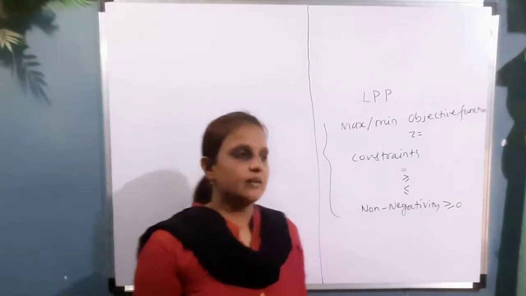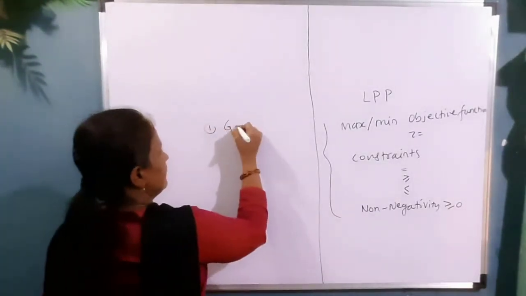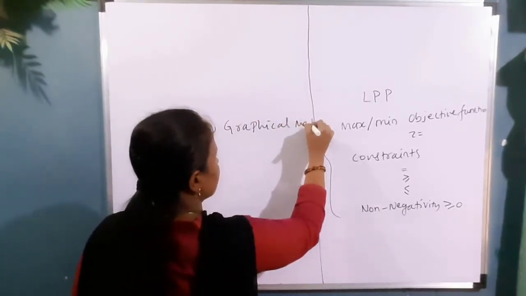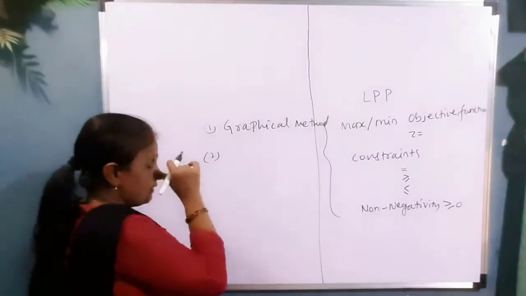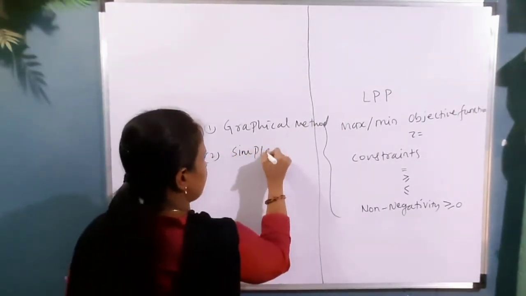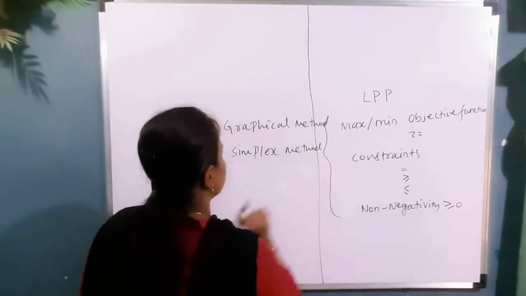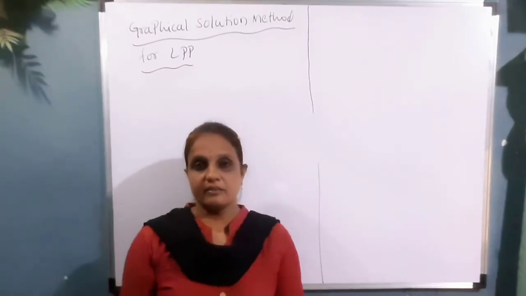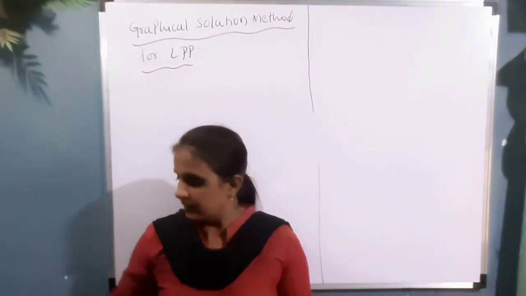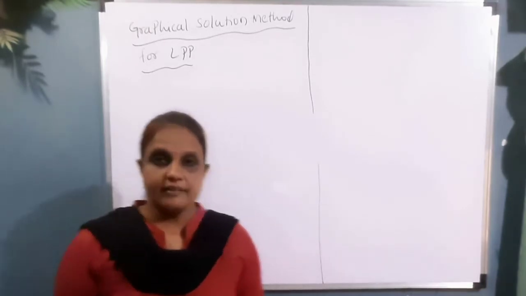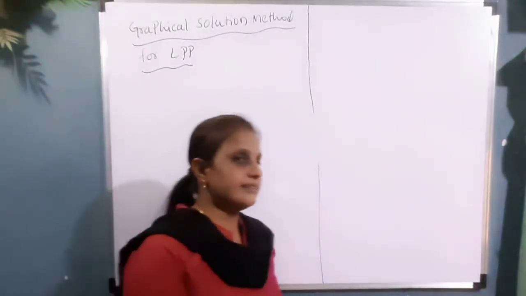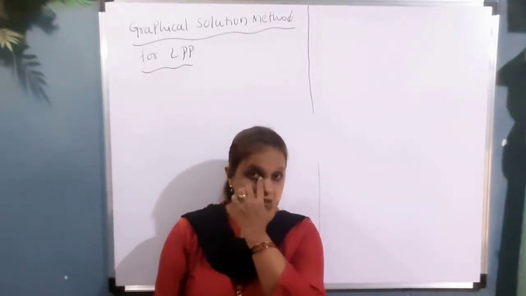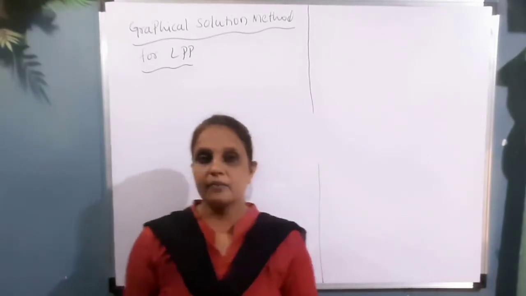So this completely will form a linear programming problem. Now to solve a linear programming problem, for your syllabus we have two methods: the graphical method and the simplex method. Today we will see graphical. First I will explain the graphical solution, then we will write the method. As the name indicates, the graphical method involves plotting a graph, and using that only we will find the solution of a linear programming problem.